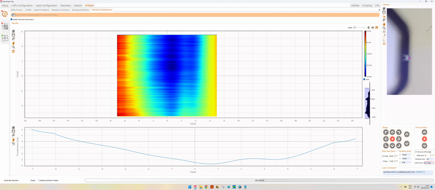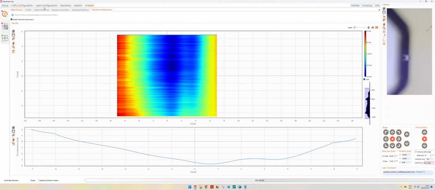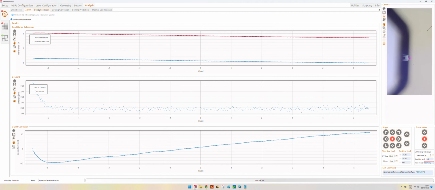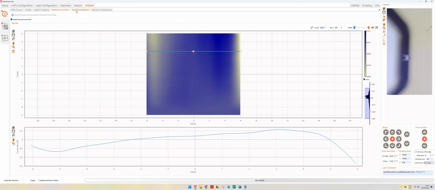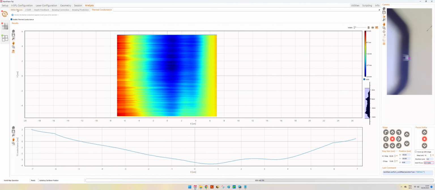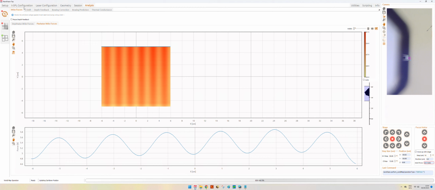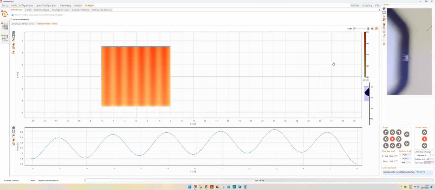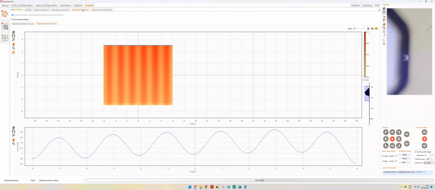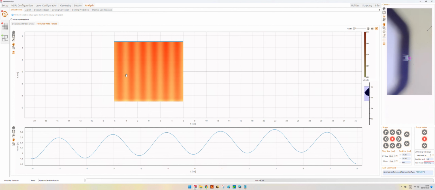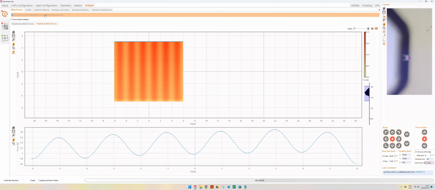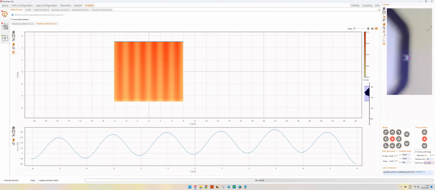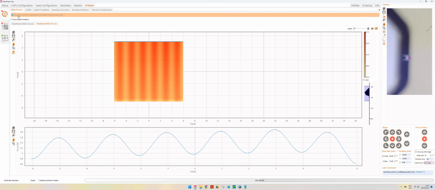Probably the most used subtabs in the analysis are the write forces, Z drift, bowing correction, and thermal conductance when using standard TSPL operations, but sometimes you may also want to have a look at other features, especially when doing stitching, for example, or if you're interested in doing some better flattening of the topographies that we generate with our NanoFraser. So I hope this was helpful. Again, you can find more detailed information for each subtab in the user manual, just pressing the question mark in each section.